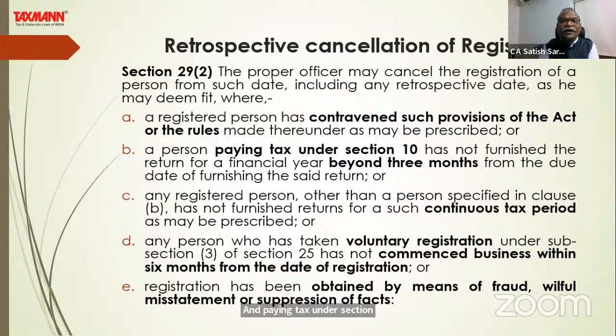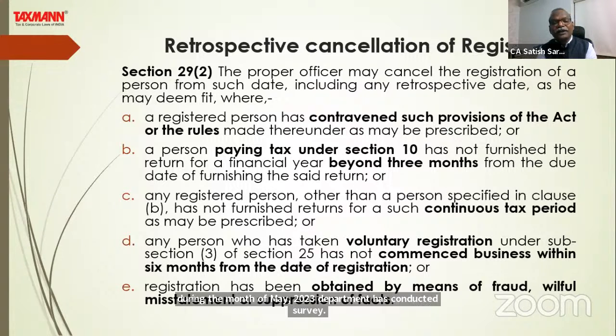A person who has not filed the returns beyond 3 months, a regular dealer who has not filed the returns beyond 6 months, a person who has taken the voluntary registration and not commenced the business within a period of 6 months from the date of registration, and a person who has obtained the registration by means of fraud, willful misstatement or suppression of facts. In these circumstances, the proper officer is empowered to cancel the registration of the supplier or the registered person with retrospective effect. Fine. On one fine day, say during the month of May 2023, the department conducted a survey,